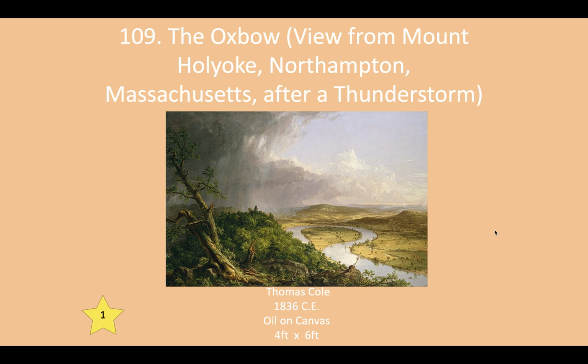So this seems to be a view of the Connecticut River, right? Here we have the Connecticut River. That's what the river is, winding around through this area of Massachusetts. An oxbow, the definition of an oxbow, is any time a river does this, where it makes like a little loop. Why it doesn't just go straight, we don't know, but it makes a loop around some land and keeps going. So that's called an oxbow. And so it looks like it's just about the river winding through the landscape of Massachusetts. That is not what this is about.